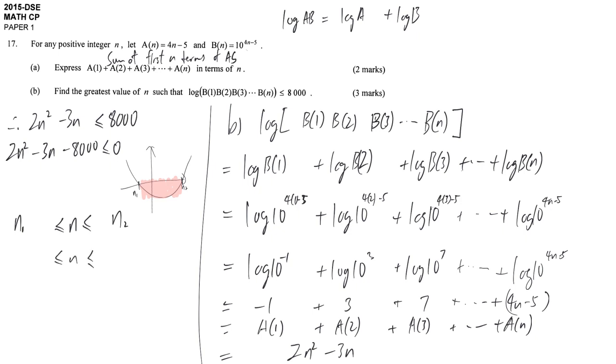That means by the formula we get 64, and then we get another smaller value, negative 62.5. They are asking for the greatest value that fulfills this requirement, and we accept the equal case, so the greatest value is 64. To fulfill this requirement,